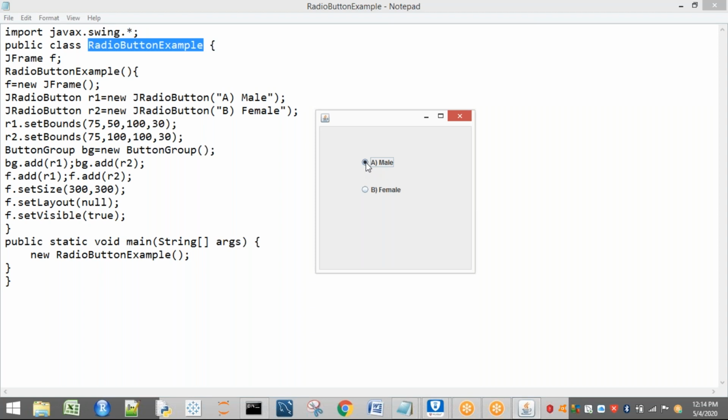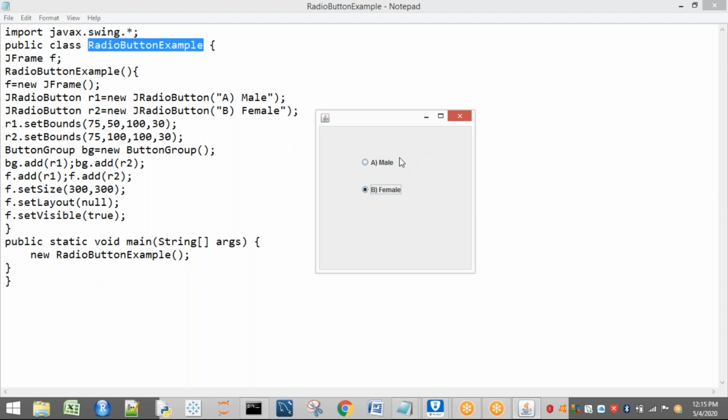Just here I have shown you the check radio buttons. I have not performed any type of events here. You can observe only change events here. Initially nothing is selected. Now I have selected this one, so male is selected. If I select the other, what happens? As these are mutually exclusive objects, if I select one, the other cannot be selected. So male is already selected. If I try to click on female, what happens? Male is going to be deselected. Initially both are not selected.